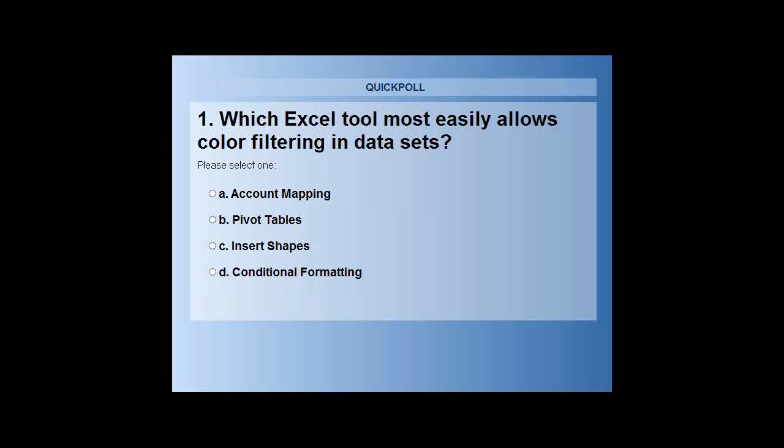So we have a poll open. If you could select one of those options, we'd appreciate it. I'm just working on something else in the meantime. We'll give everybody a minute to fill that out, and it's only been about 40 seconds.